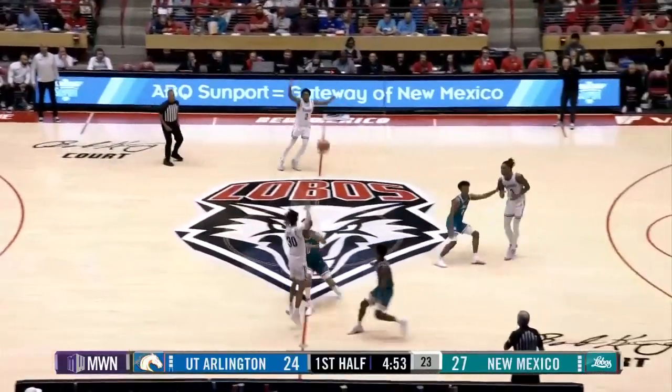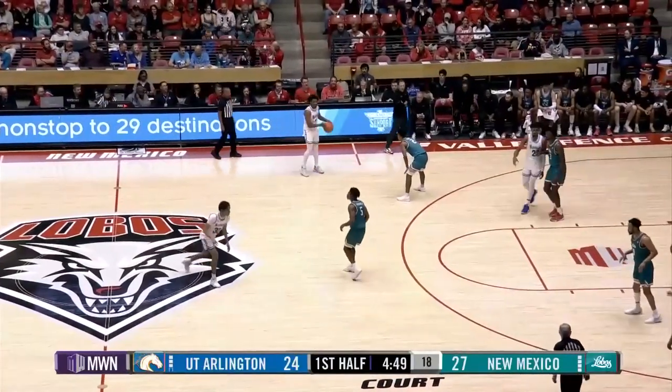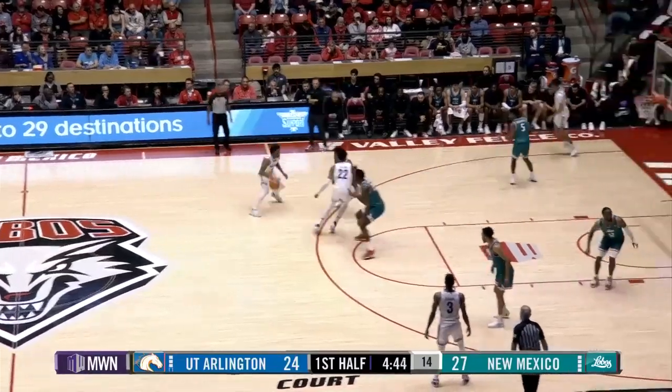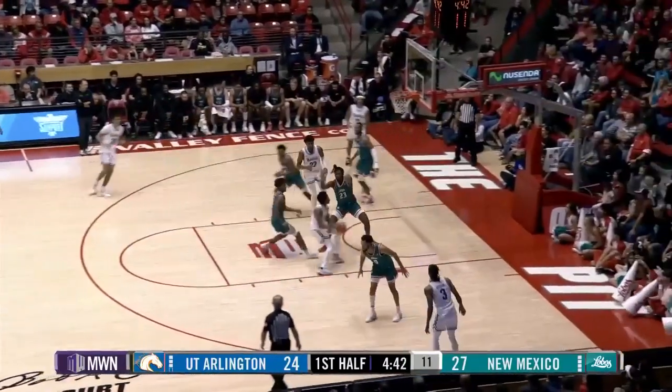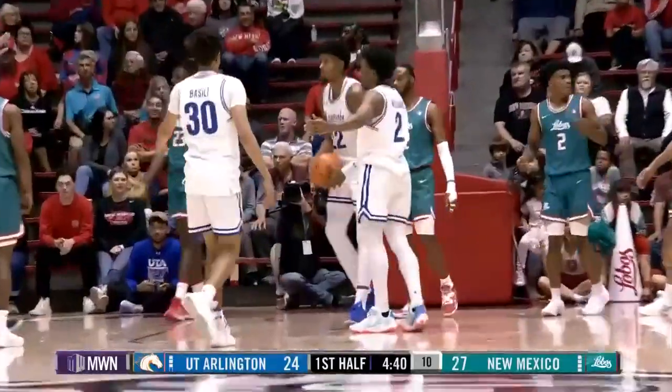His 651 points last year, the 8th most in a single season in Lobo basketball history. Mashburn Jr. UTA ball, they trail by 3. 4:40 left. Williams right into the defender, and the layup bounces off, but he gets Joseph, and Joseph picks up